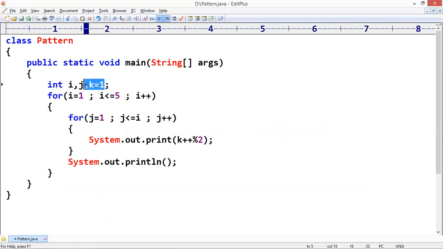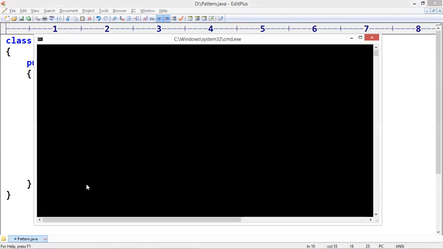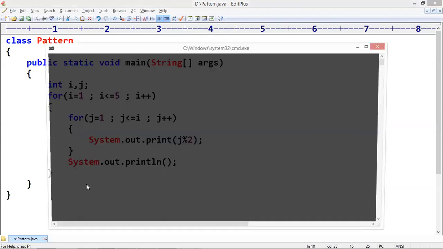See, look at this. Sometimes instead of using k, they will mod j itself. Just j mod 2, and you will get another pattern. The j value always starts with 1, right?